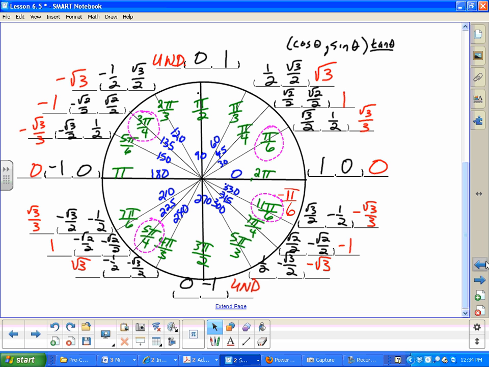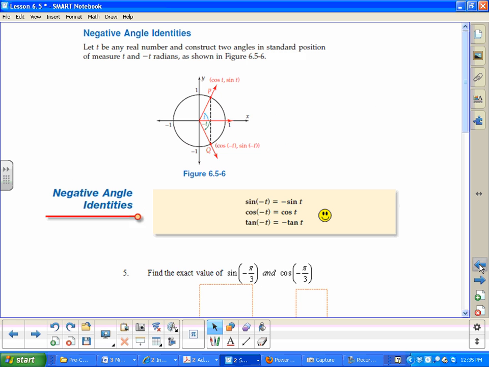Okay, they're the same. Sine, positive square root of 2 over 2, negative square root of 2 over 2. The sign changes. Okay. All right. Tangent, negative up here at 3 pi over 4, positive at 5 pi over 4. Okay. So these negative angles